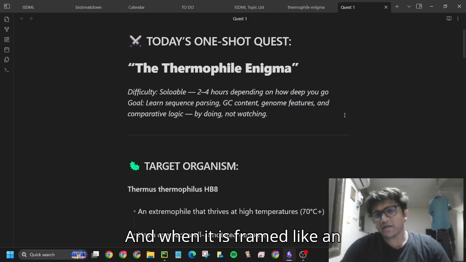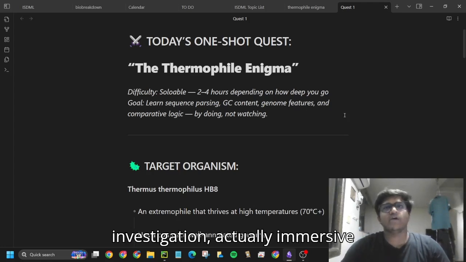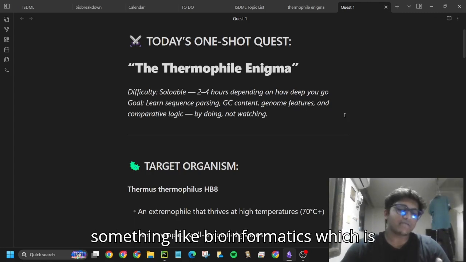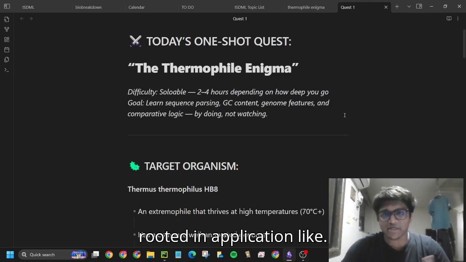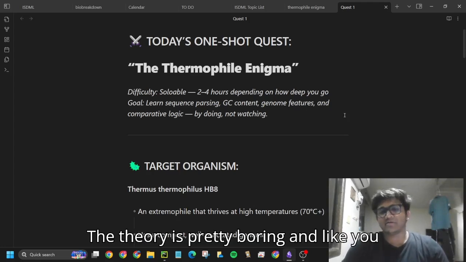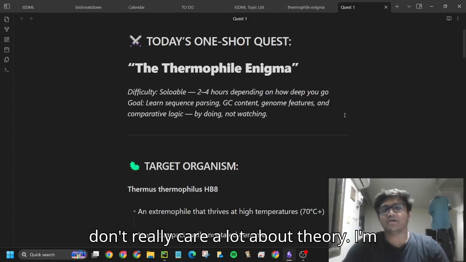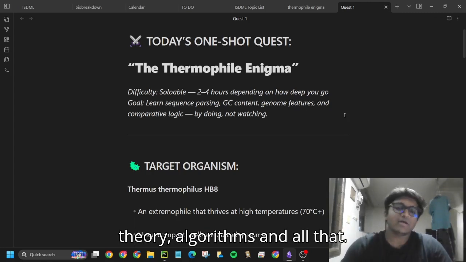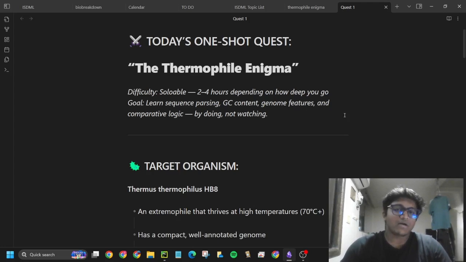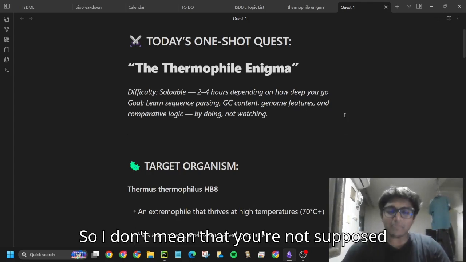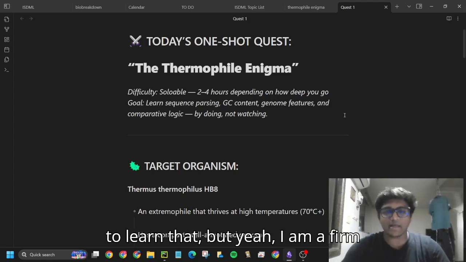And when it is framed like an investigation, actually immersive, actually has real life application, I think it is much better. And especially a subject like bioinformatics, which is rooted in application, the theory is pretty boring, and you don't really care a lot about theory. I'm not talking about the bio side of the theory, I'm talking about the informatics side of the theory, algorithms and all that. We have CSE people to solve that. So I don't mean that you're not supposed to learn that, but yeah, I am a firm believer in the